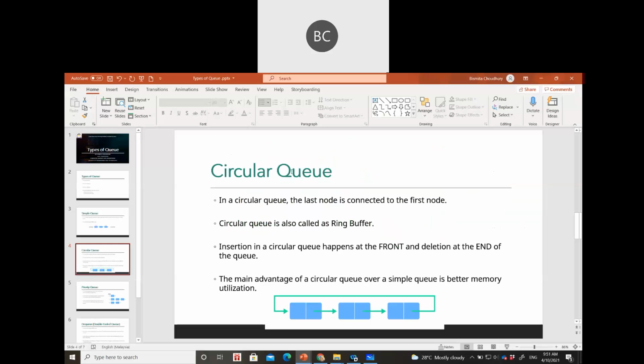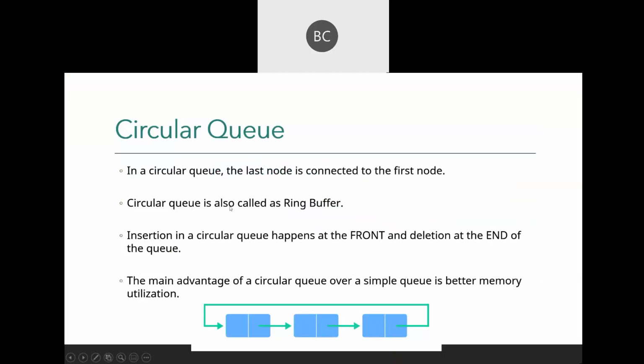The last node is connected to the first node again. Therefore it is also known as the ring buffer. It will be in a circular manner.